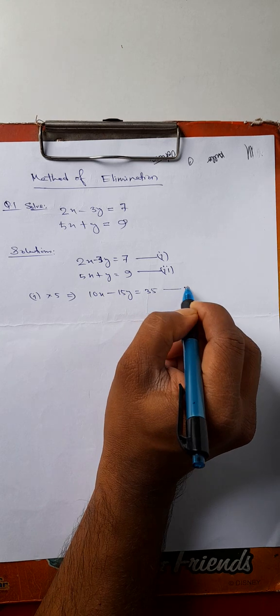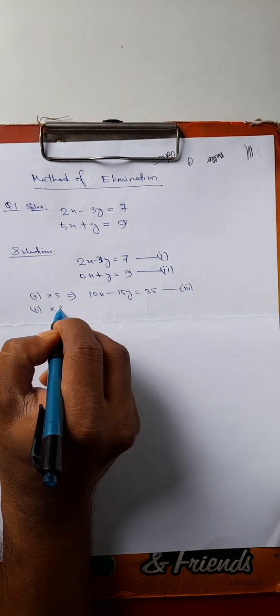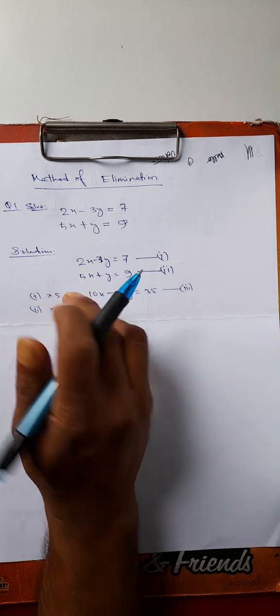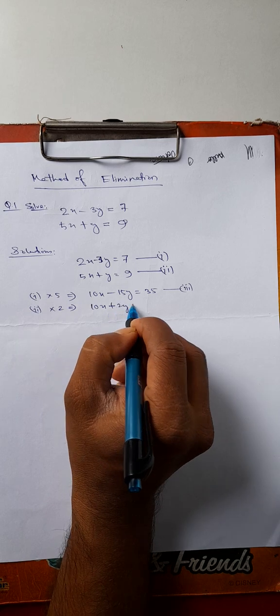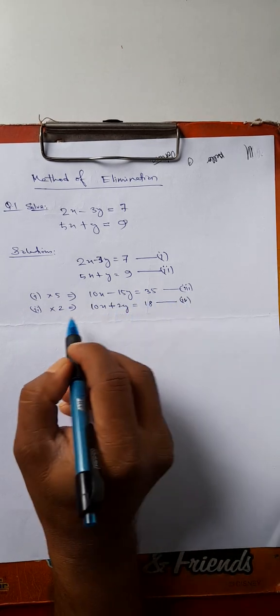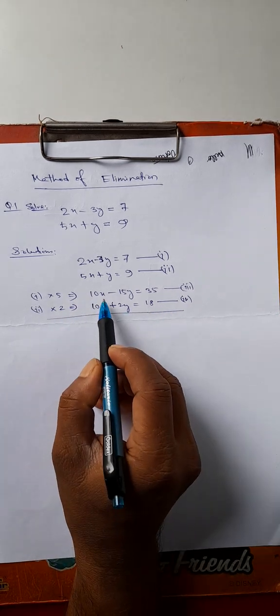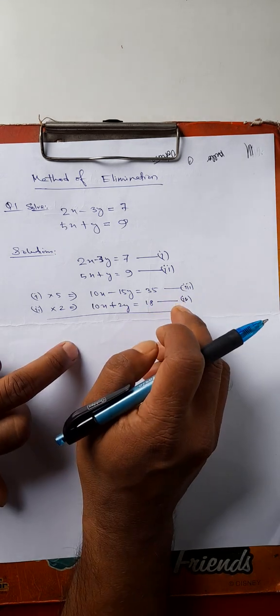So you treat this equation as 3. Equation 2 multiplied by 2 becomes 10x plus 2y equal to 18. So you treat this as equation number 4. Now you see the coefficients of x are the same. So if you subtract equation 4 from 3,